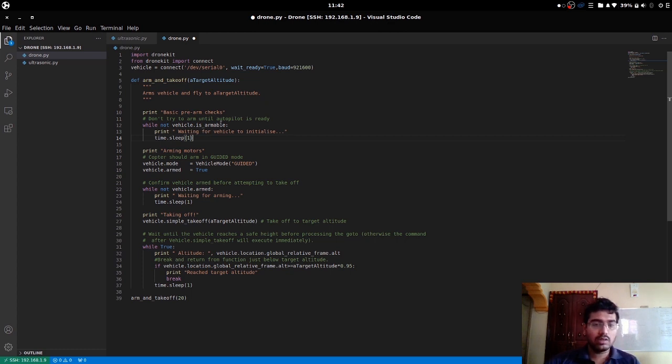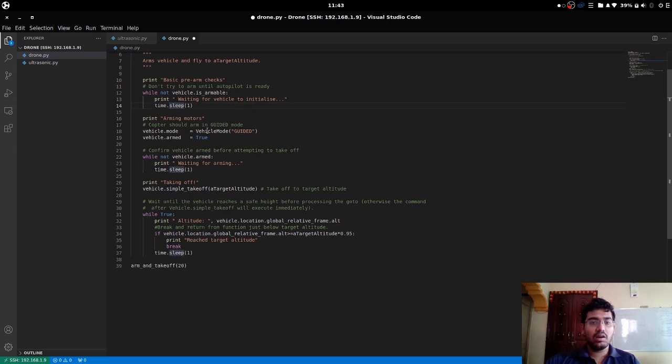So it waits until all the pre-arm checks are done, and it checks if the particular vehicle is armable or not. All that is incorporated with this object vehicle, defined through connect. While it is not armable, it keeps waiting until the whole vehicle is initialized, so it is stuck in this loop. As soon as the vehicle becomes armable, it will try to arm the motors, and you'll see that all our commands are being executed through the Raspberry Pi, right? So it's like your Raspberry Pi is guiding your particular drone.